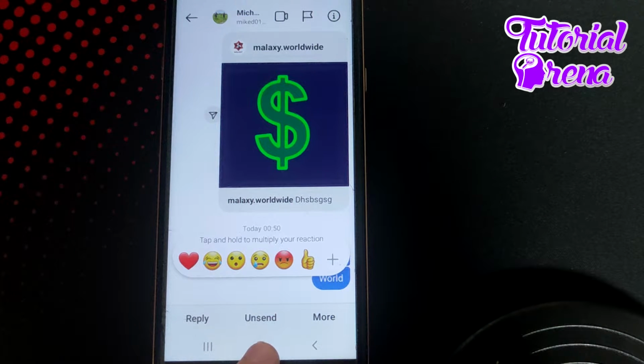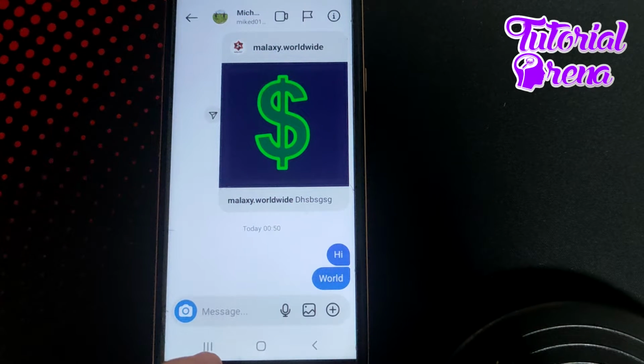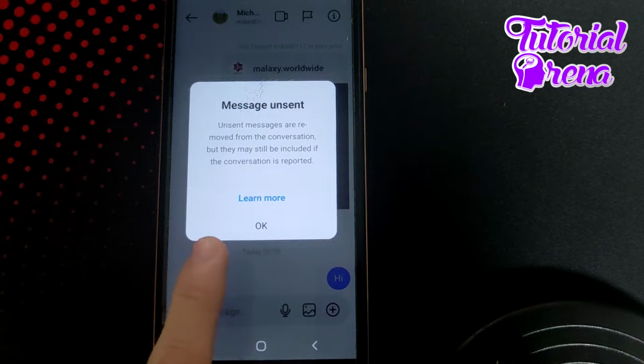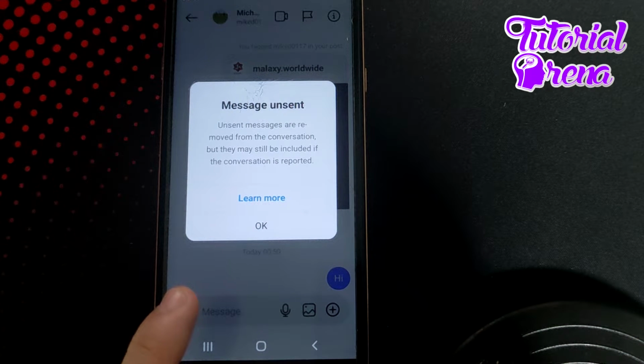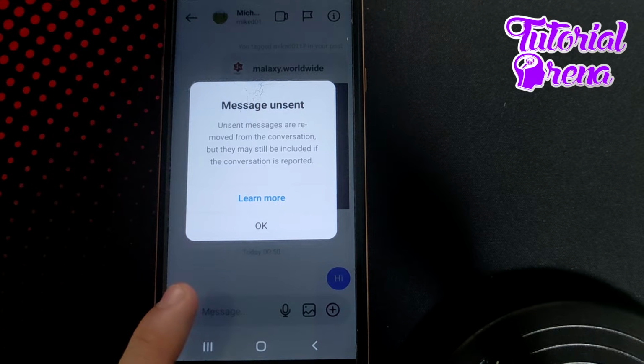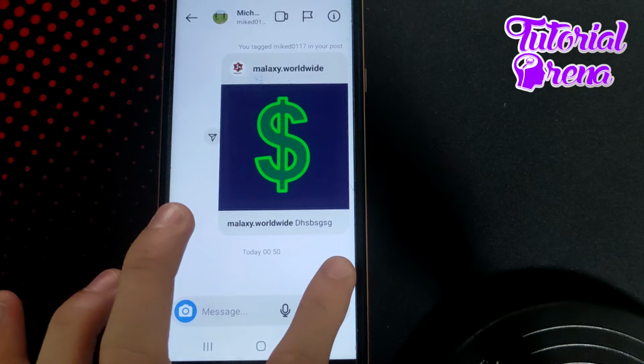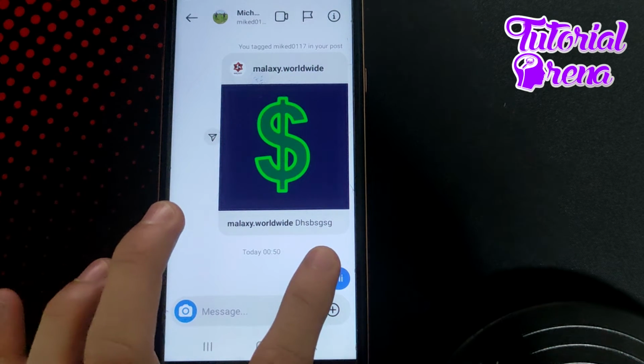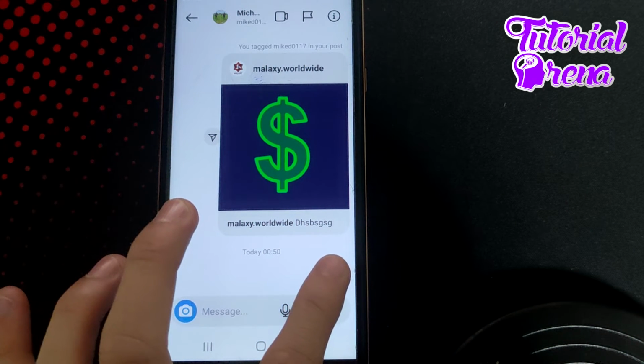You need to go on the second one, which is Unsend, and right here, as you can see, you have a description from the supporting team of Instagram. It says that unsent messages are removed from the conversation, but they may still be included if the conversation is reported. Go OK, and now I'm going to show you how to delete also that message